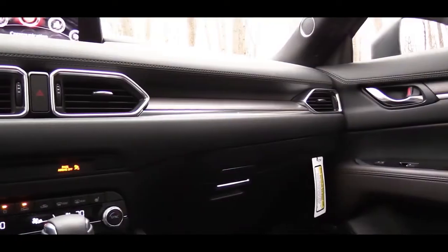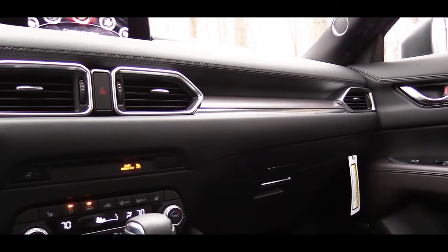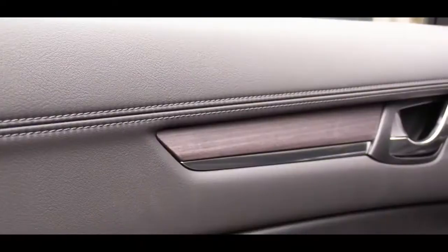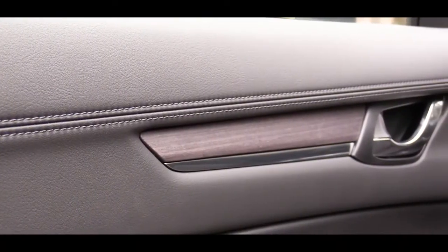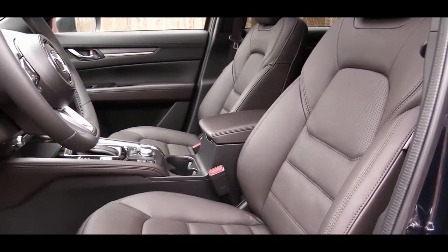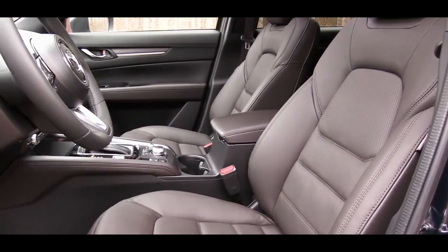Did want to also mention, since I have the very top trim level today, there is LED ambient lighting absolutely everywhere, including in the back for the rear passengers. You don't usually find LED lighting back there. I found that pretty cool. Also wood trim accents just above the glove box there, and that ties into the doors as well. And again, Napa leather finishes throughout, so definitely a very high-end feel for a Mazda CX-5. So I gotta say, I am very impressed, but I think it is time we make our way to the